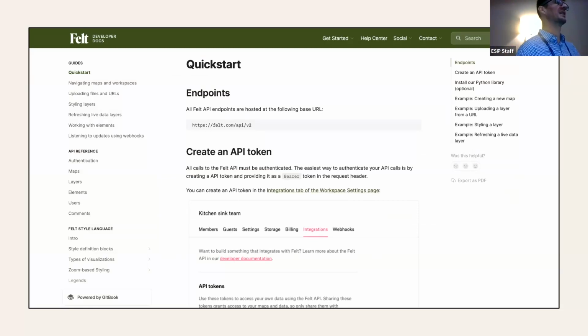And what we see time and time again with folks is they're asking us to rebuild analytics and things in our systems that this stuff already does right out of the box. So why are we going to try and create a map editor that competes with Felt when it's already built? Instead, the path is, let's make sure our APIs and our systems can easily connect to these services.